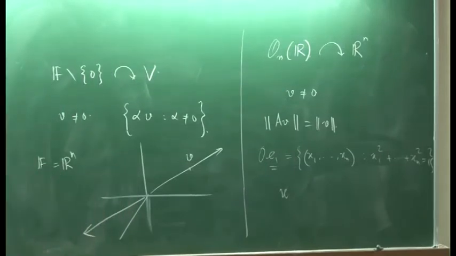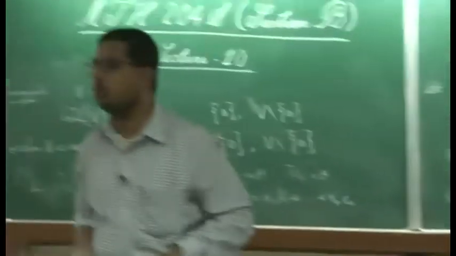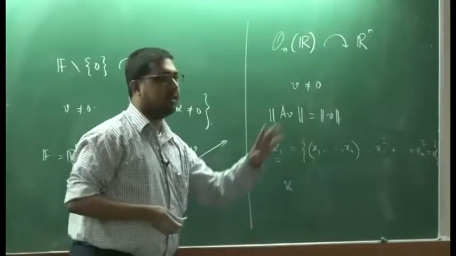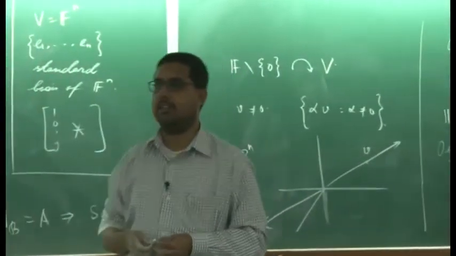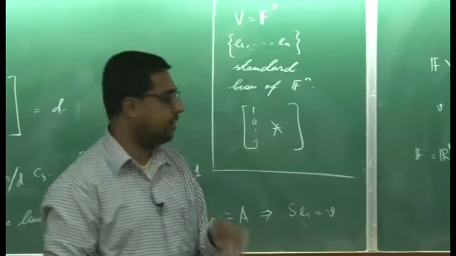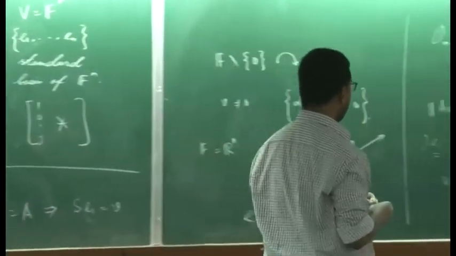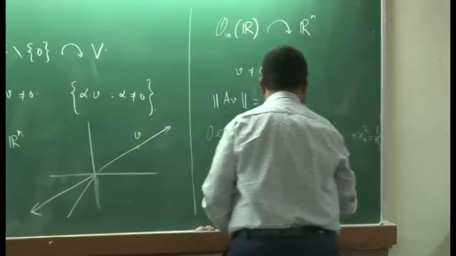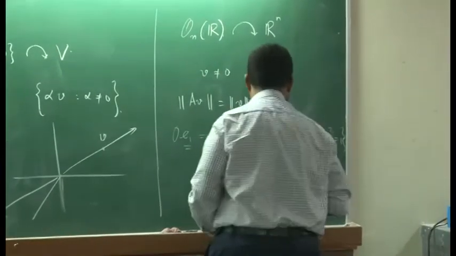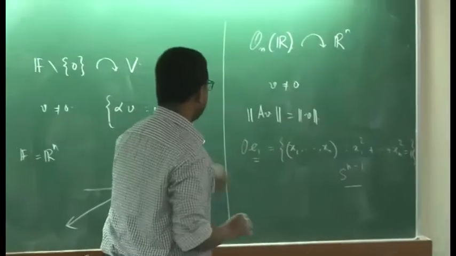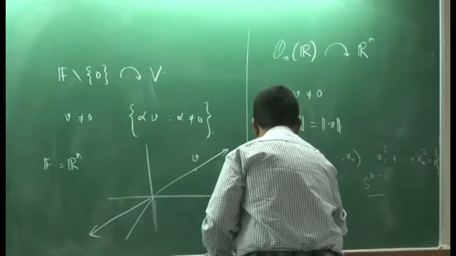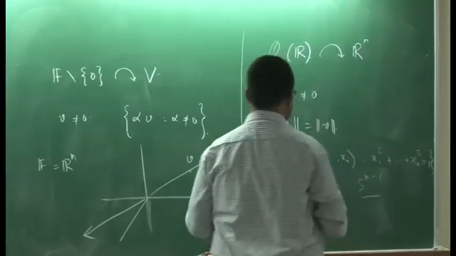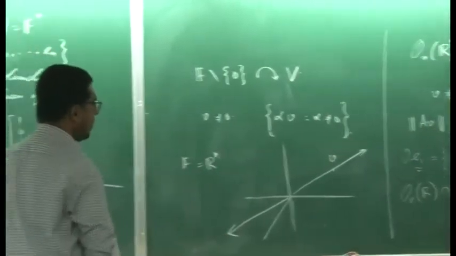Now, you map the standard orthonormal basis to that orthonormal basis whose first vector is U, and the corresponding matrix works. So we see that this is the n minus 1 dimensional sphere S^(n-1). So the action of O_n(R) on S^(n-1) is transitive,